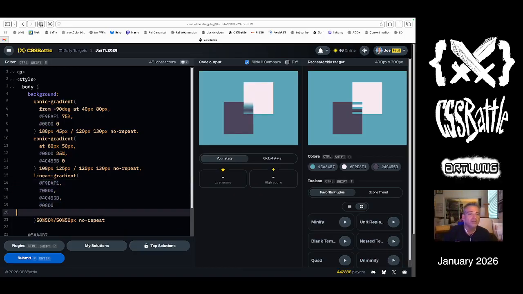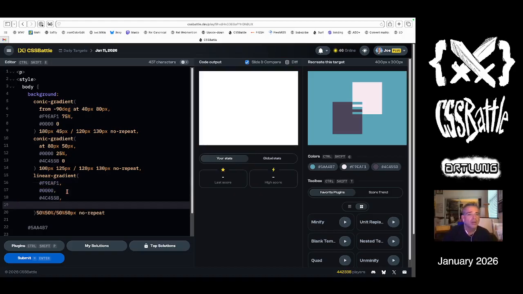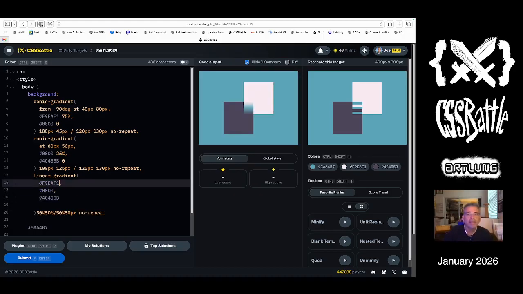Nope, I don't need either one. Because I just need 3 colors, and so that's 10 pixels, 0, 20 pixels, 0. And then I need to move it down 5, 6, 7, 8,